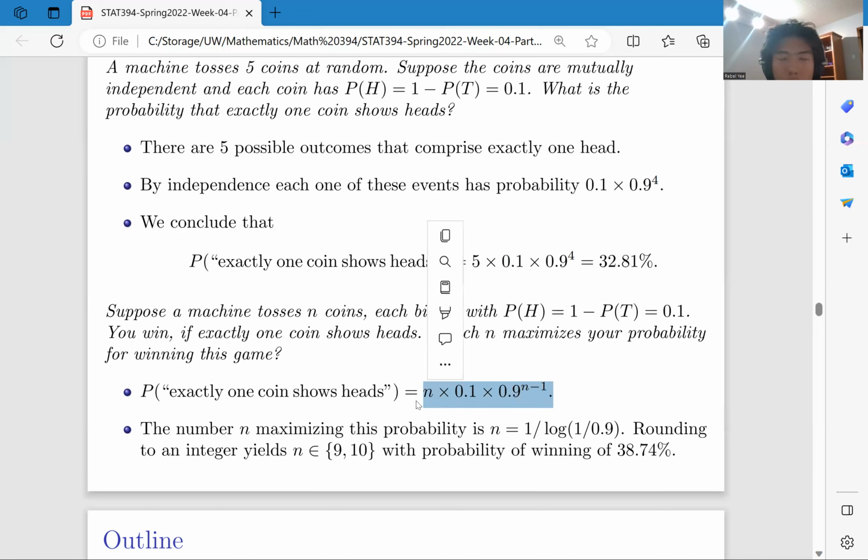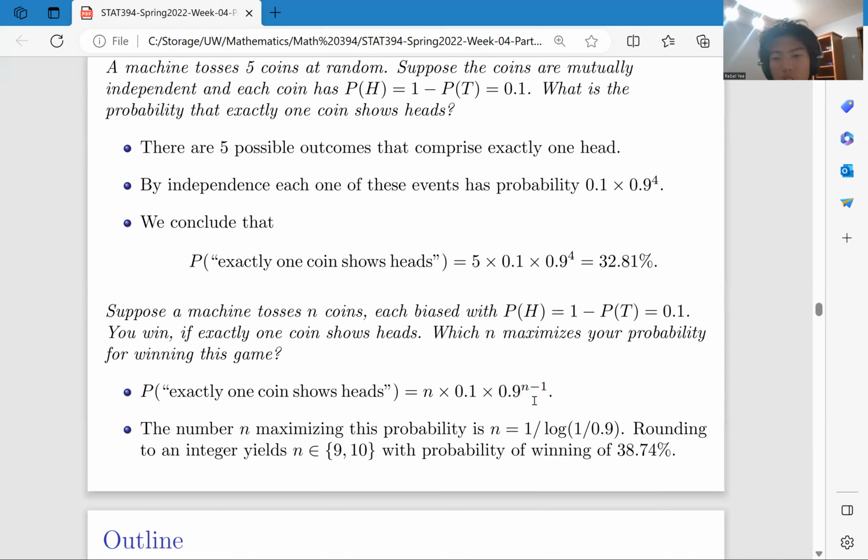So if we move from 8 to 9, 9 divided by 8 is greater than 1.1. So we are still increasing. And 10 divided by 9 is just the same as 1.1, so we are keeping the same. But 11 divided by 10 is smaller than 1.1, which is smaller than a 10% increase. But here we decrease by 10%. So we are